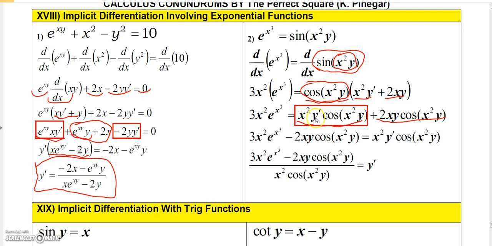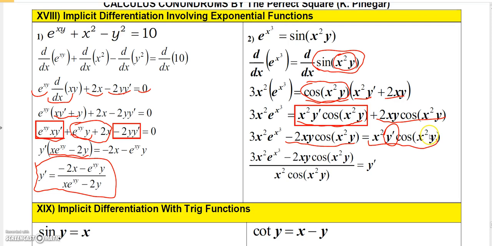So what I'm going to do this time, I'm actually going to leave this term on the right hand side. So you can see I left it over here on the right hand side. And then I'm going to take this term and move it to the other side, and there it is. It becomes minus when I move it to the other side. Now, I want to isolate the y prime, so all I have to do is divide by the x squared